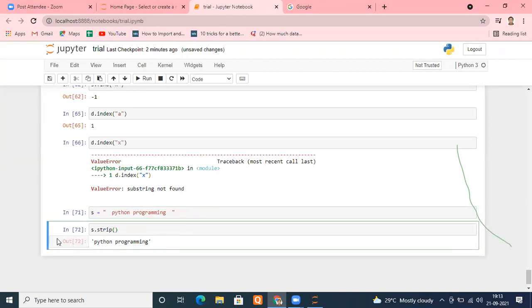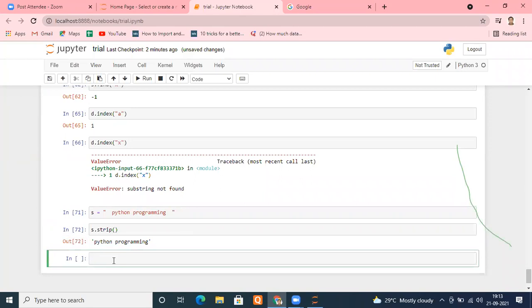Similarly, there is one more function like strip, known as lstrip.